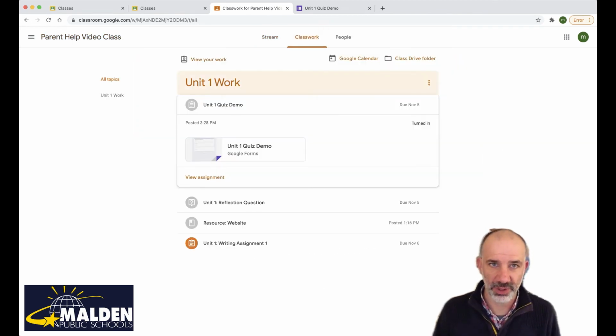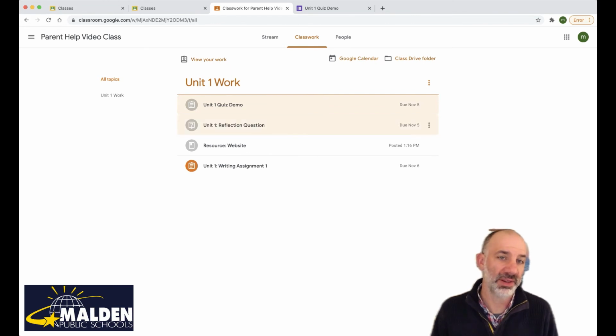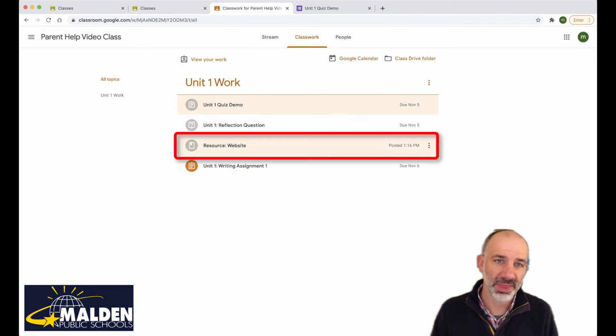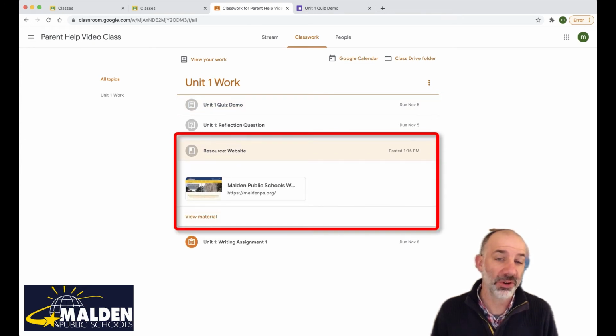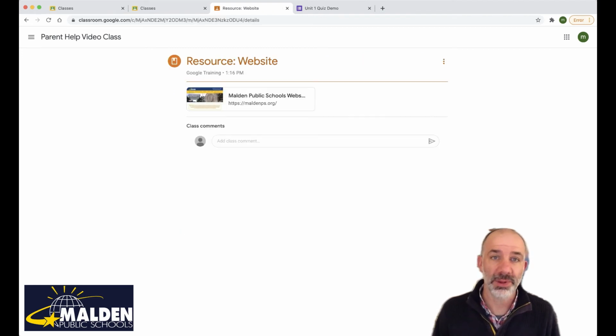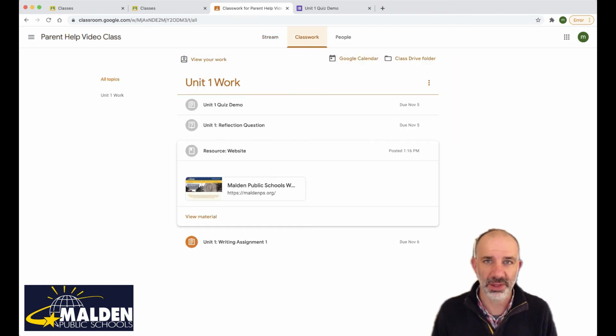Let's get back to the Classwork tab and look at the last file that a teacher can post. Notice here, this icon represents a resource that the teacher can post. It's referred to as a piece of material. Now, material is not an assignment and it's not a quiz. It's typically something a student can open up, like a website here, the Malden Public Schools website, or it can also be a file, like a PDF that they could download, or a Google document that is view only. Any materials that are listed, students can open, download, or even make a copy of. So let's get back to the Classwork tab.